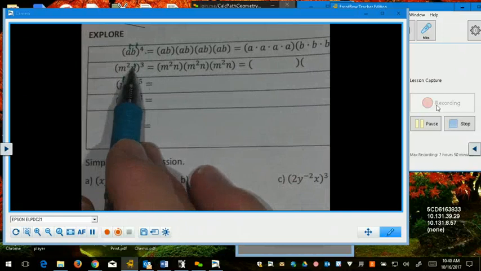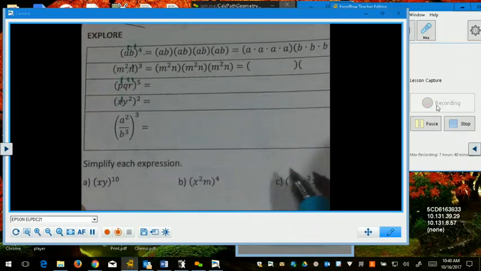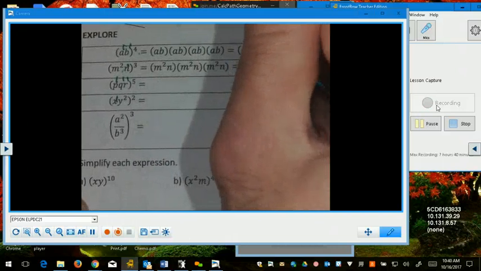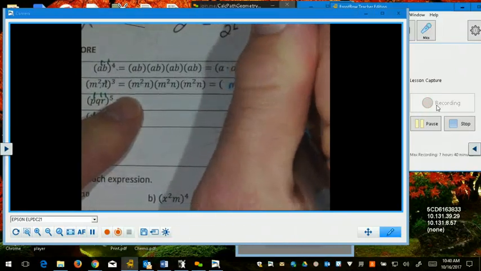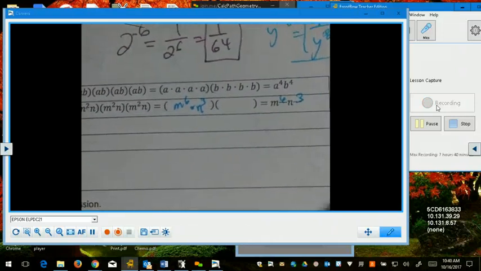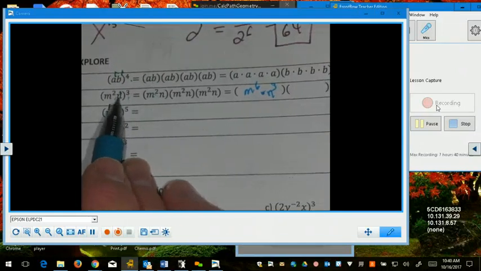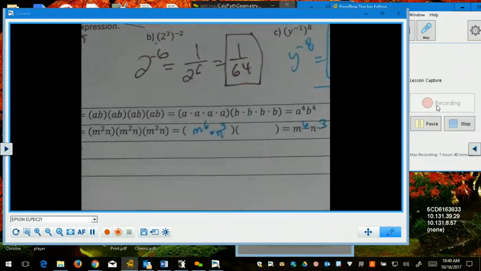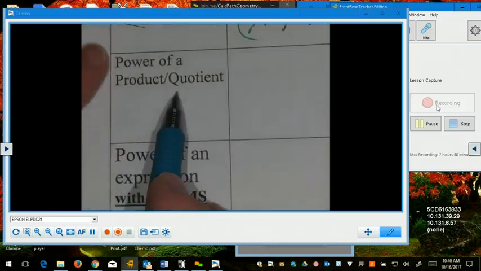Right? Same thing as before. We're distributing the exponent, but we're distributing it to both exponents inside. So this is m to the 6th, 2, 4, 6. M to the 6th times n cubed. So all we're doing is taking this outside exponent and distributing it to the exponents inside the parentheses. So when it says product or power of a product or quotient,